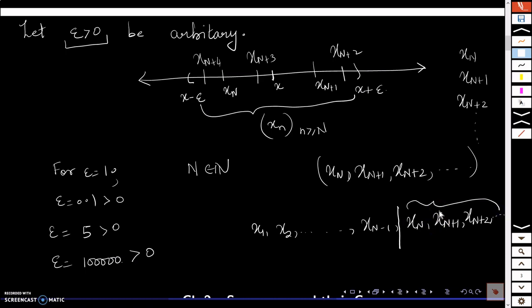So if you tell me any epsilon positive, if I can find such a stage such that after that stage all the terms of the sequence are inside the epsilon neighborhood, epsilon is the number that you gave me, then we say that the sequence xn converges to that point x. Okay, so I will define the convergence of a sequence formally now. This was just a rough idea, a geometric view of it, just to get a feel of it. Alright, so now we will formally define the convergence of a sequence.